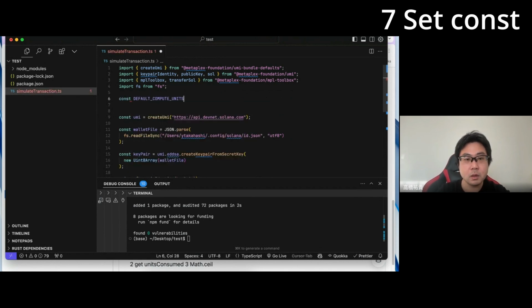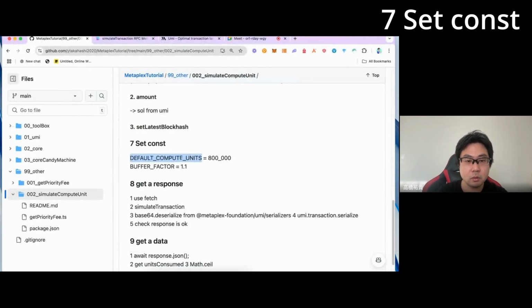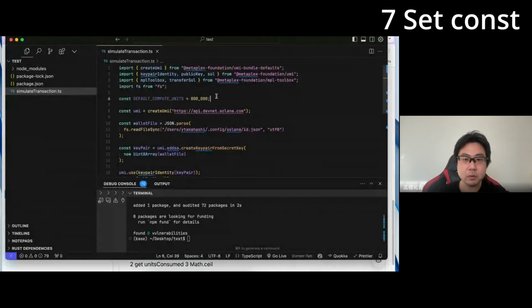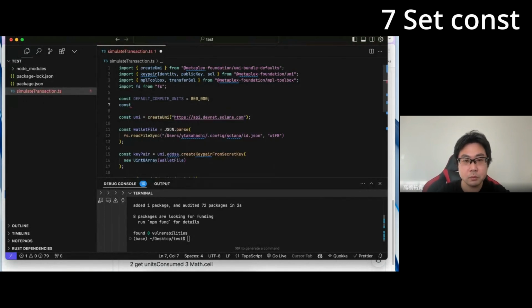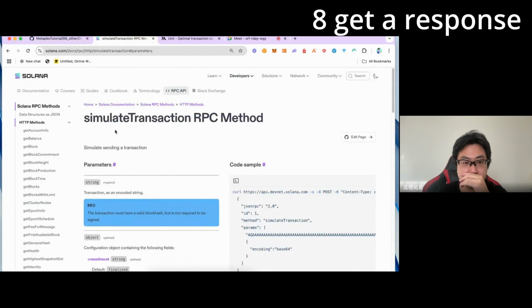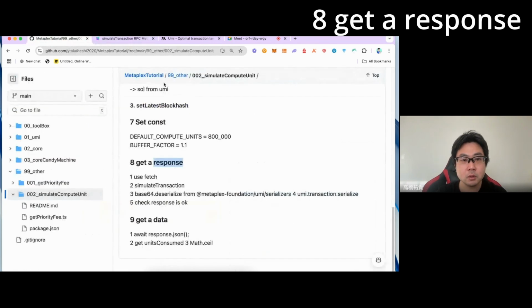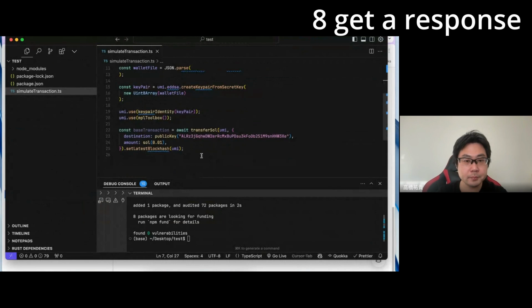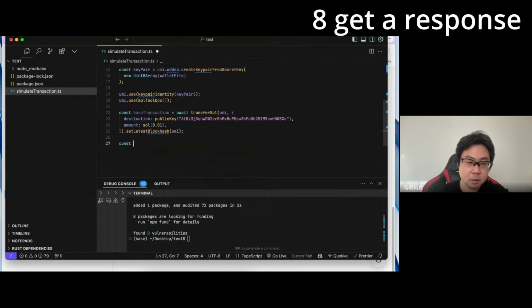Const default compute units equal 8,000. Okay, and one more, buffer factor. Buffer factor is 1.1. Good. Next, get a response. This time, I use this similar transaction. So, const response